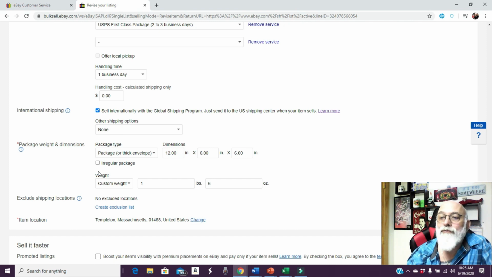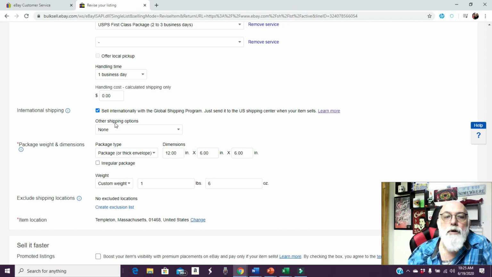do global shipping, they do a flat rate. If it's to Canada, they do another flat rate, and of course, the United States, they either do it by total weight of calculated shipping or flat rate. Now you can do whatever you want. But on this one, what I do is on international shipping, I have checked off here because I do it